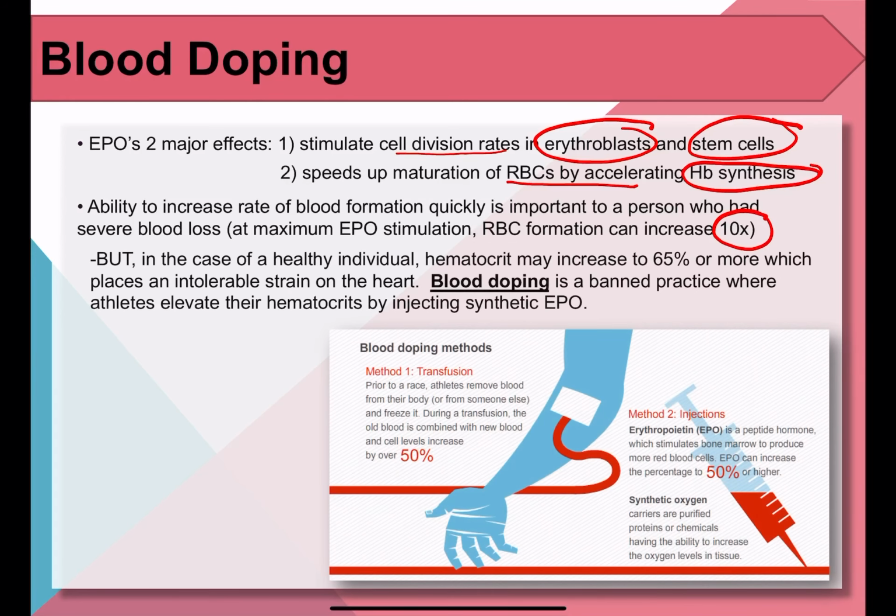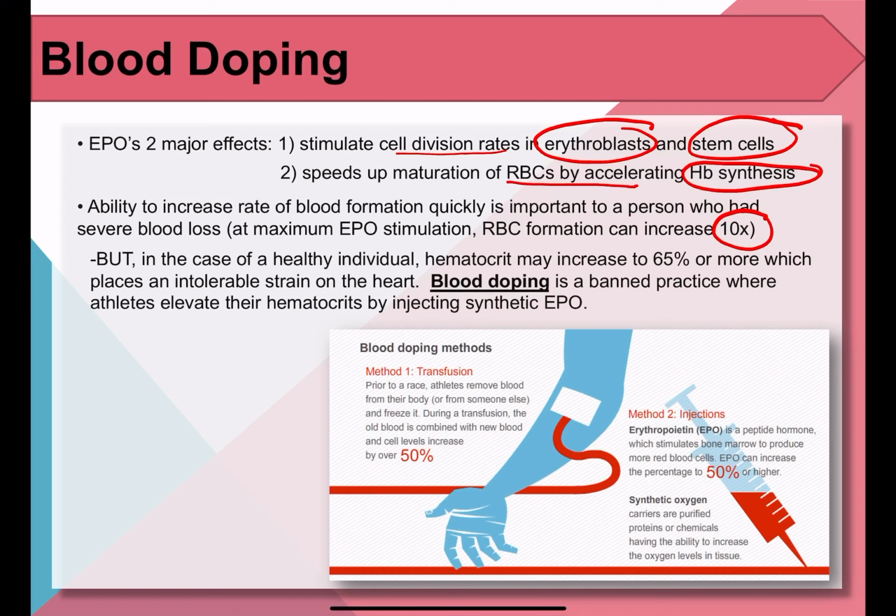Okay, and with understanding of how EPO works, like I said, usually from understanding how our normal system works, we can come up with ways to treat patients, or we can misuse those treatments. Okay, the original idea with EPO is if we can inject people with anemia with artificial synthetic EPO, then we can stimulate their body to generate more red blood cells, because they don't have enough to begin with. It was originally for patients with anemia, for patients with HIV, or even cancer patients, okay? Those patients that don't have enough red blood cells and they need more to supply oxygen to their